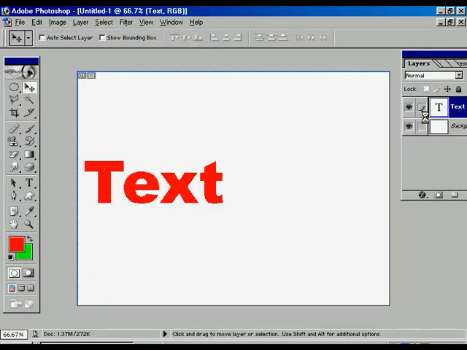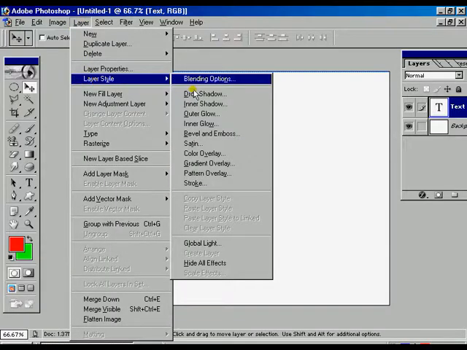Press OK. These are the layer styles provided by Photoshop, which are some of its most good features, and these are the options we just looked over right now. We just started with the blending options, started from the drop shadow, and we just completed till stroke.